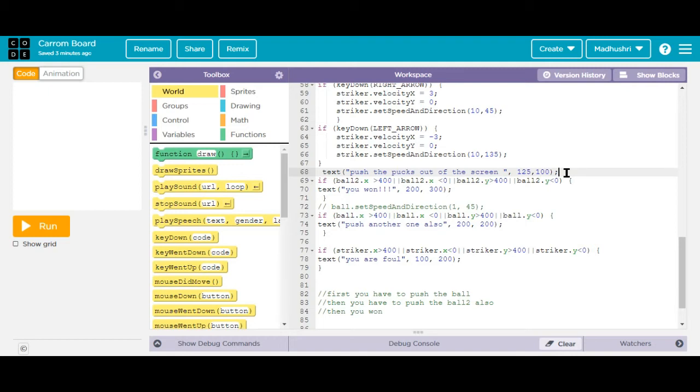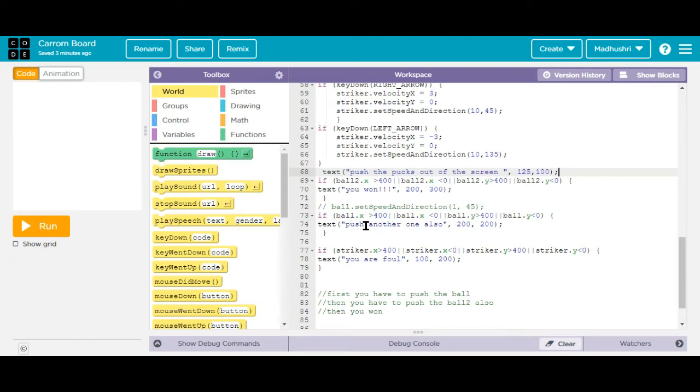First one is x and second one is y position. So this push the pucks out of the screen text will be positioned in this place only.